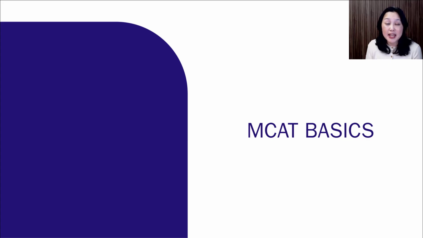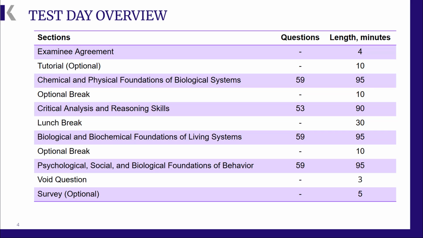First up, let's talk through some of the big things you should know about the MCAT. The MCAT is indeed a very long test. We're talking about a full day to complete an entire MCAT full length. Here is a breakdown of what test day will look like, including all of the optional components. But you really shouldn't be taking any of these things as optional. Your break should not be optional, the tutorial not optional. Those are all really important things that you should be running through on test day. So don't make this any shorter than it really can be. Even though that time is optional, it's important that you do schedule out all of the components that are listed